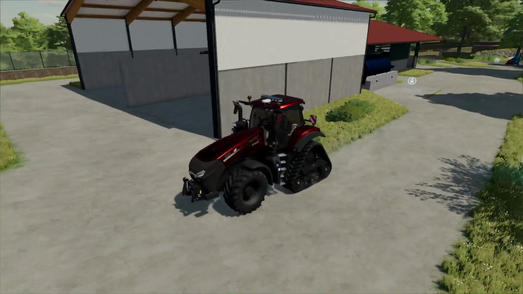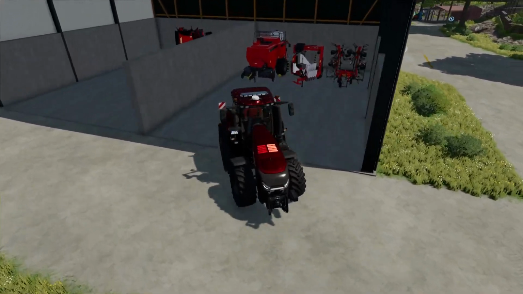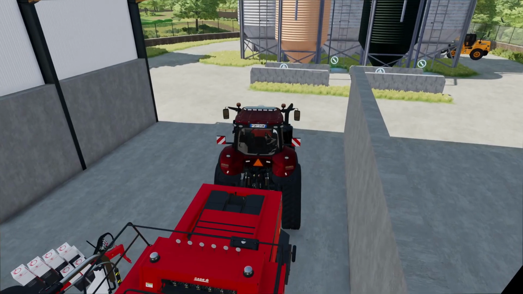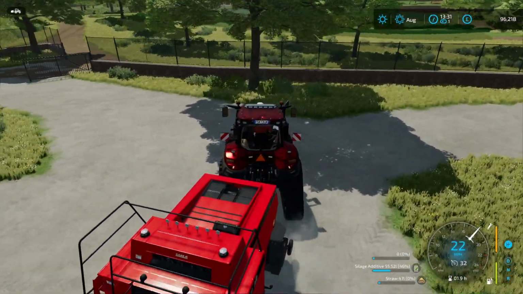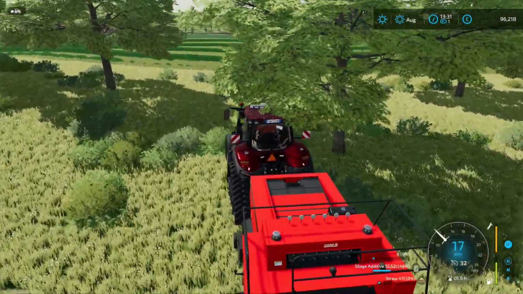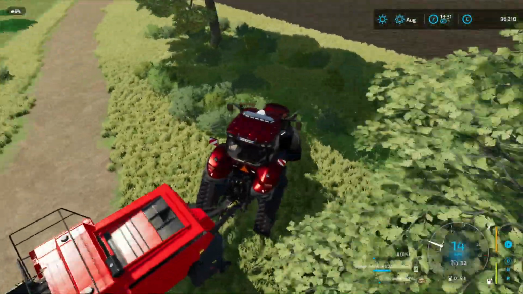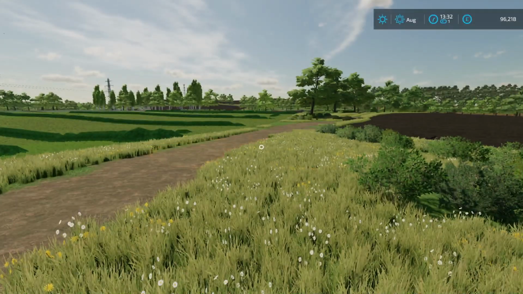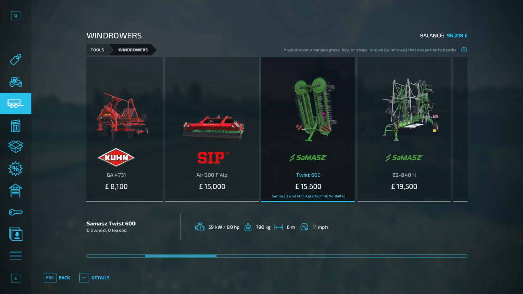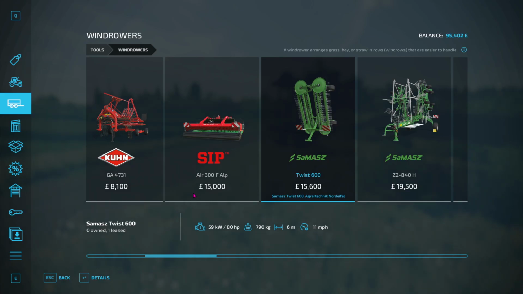I need the baler. There we go. So I need some being left as grass, that's if I'm actually right about the sheep. We'll find that out in a second. There we go. Lucky that I'm close to the actual farm, innit? And then the rest can actually be wrapped. So what I need to do now is set a delivery point, go into windrowers and get you, and this is going to go on the front. It's one of the smallest windrowers that can attach to the front,